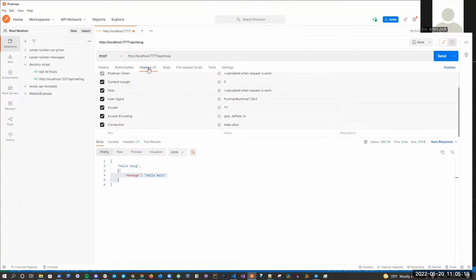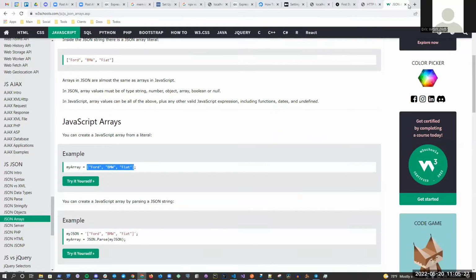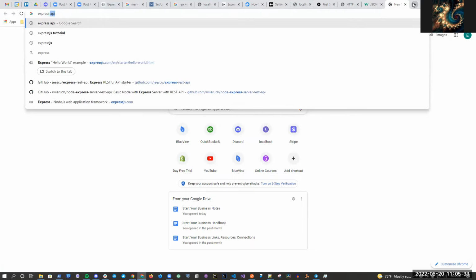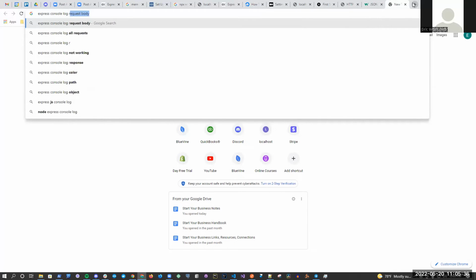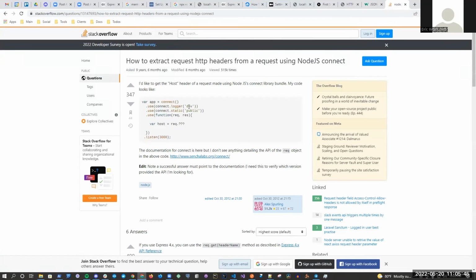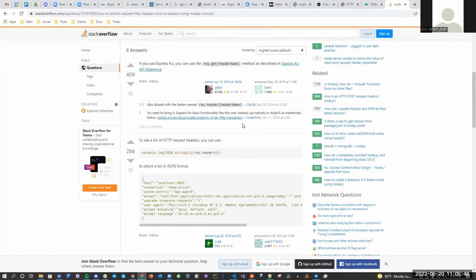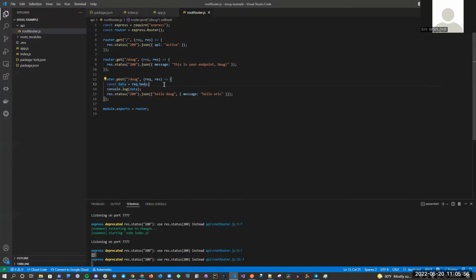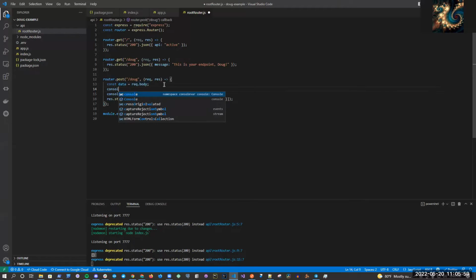And then there's this automatic header stuff that gets sent into the request itself. So let me go and do this. Let me go express, console log request headers, so I can see exactly how we do this. I think that's it. Let's just see if this works. So basically I just go console log